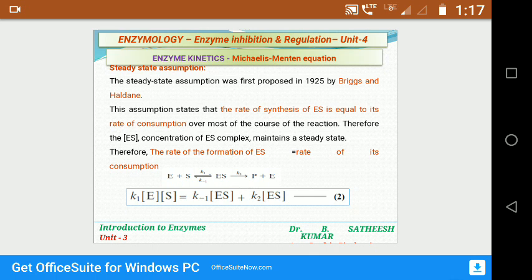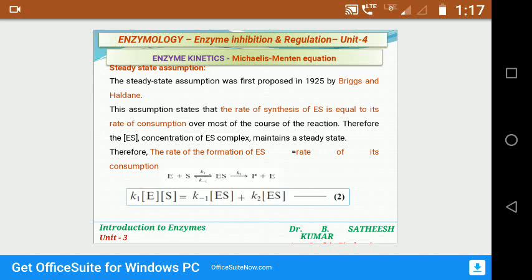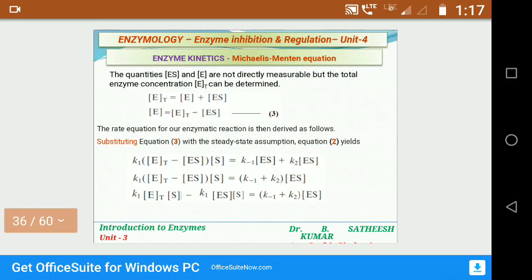It will not change during the course of the enzyme reaction. So that means the formation of ES and dissociation of ES will be the same. Therefore we can write that the formation is equal to the dissociation of ES. So putting all these things together,